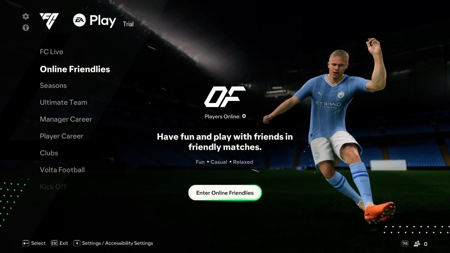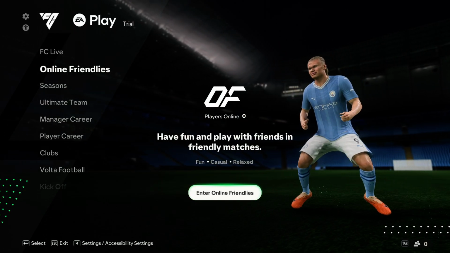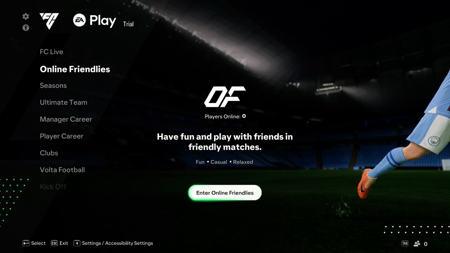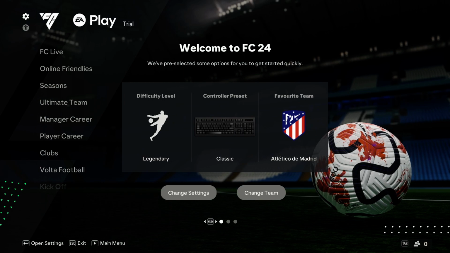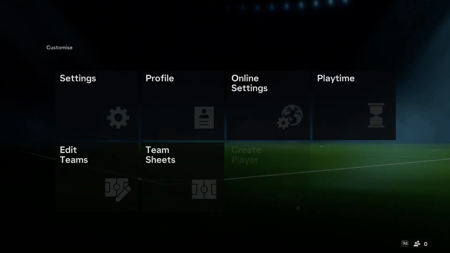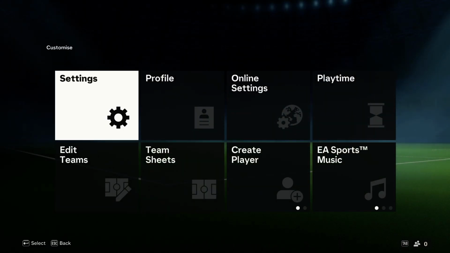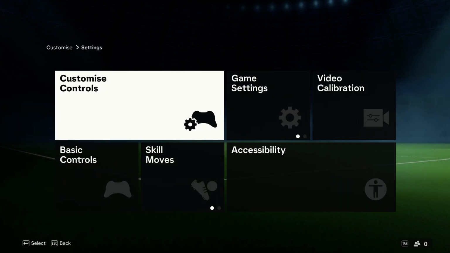Hello, in this video I'm going to show you how you can change camera settings on your FC24. So first of all, you have to open the settings in the left upper corner. Next, when you are here, you have to go for the settings, and here we have to go for the